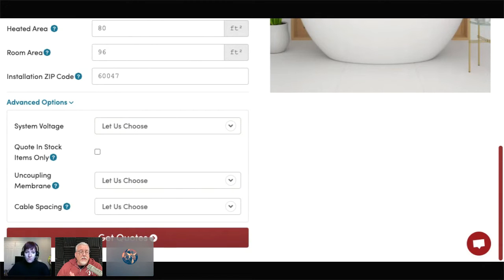So knowing that, uncoupling membranes are not needed for every floor. Uncoupling membranes are not needed for floating floors. Some companies would sell you an uncoupling membrane because that's the only way they have to heat something. But we don't force you to spend that extra money. There's no need to spend $200, $300, $400, $500 on a membrane when you're doing a floating floor. It just doesn't make any sense. So we don't make you buy it, because we have alternate ways to install our heating cable under